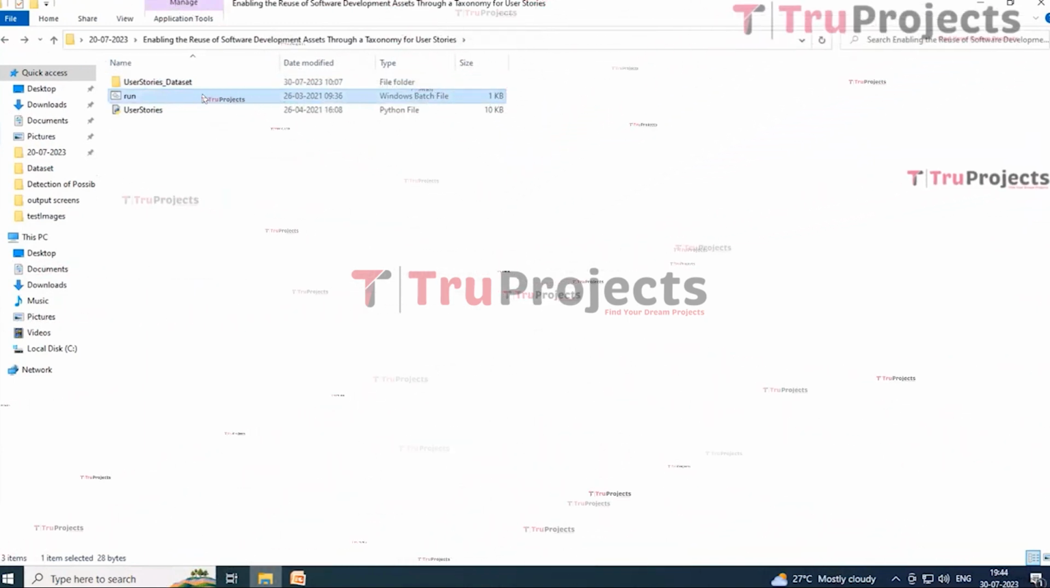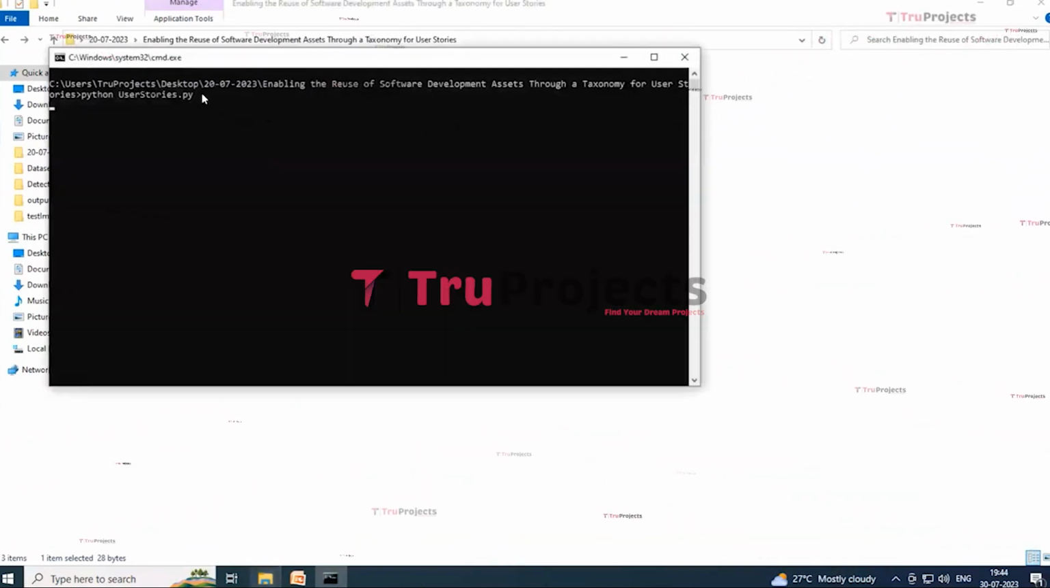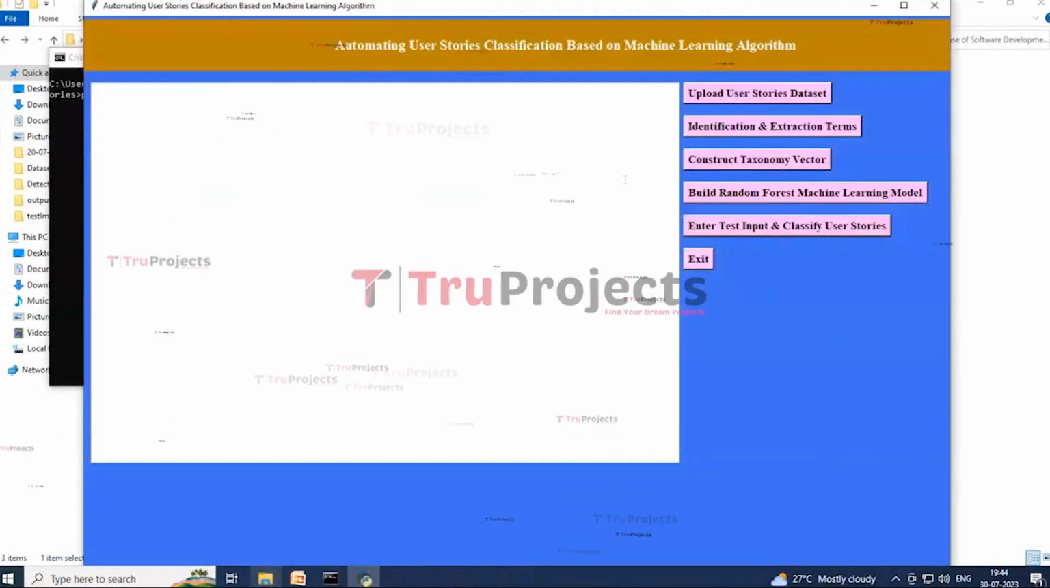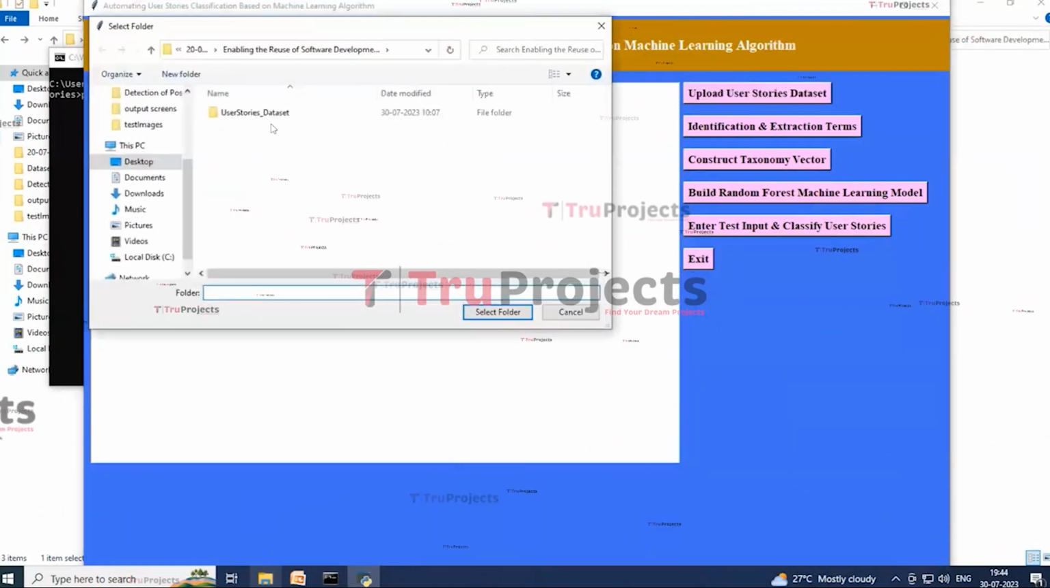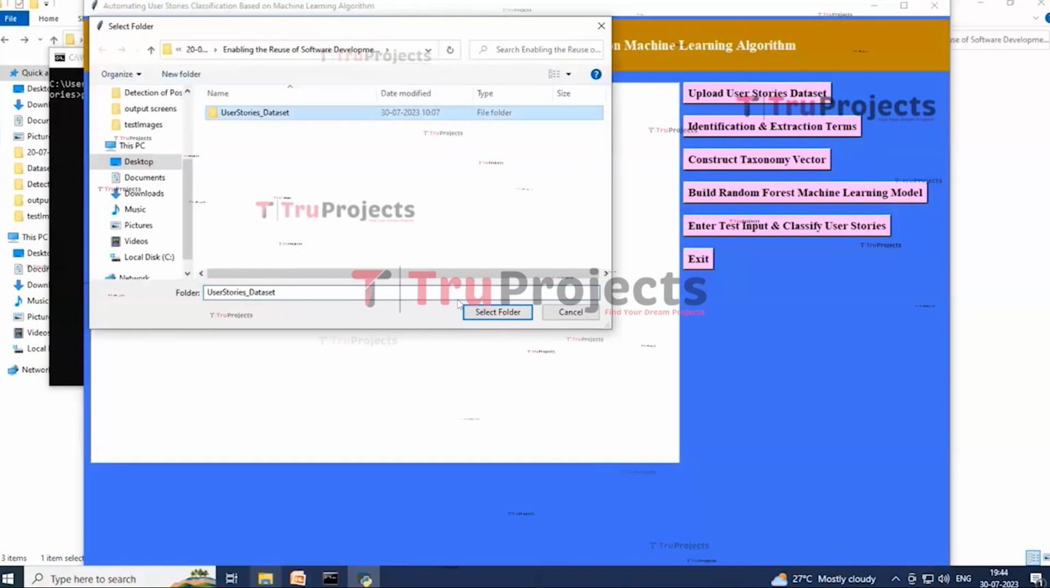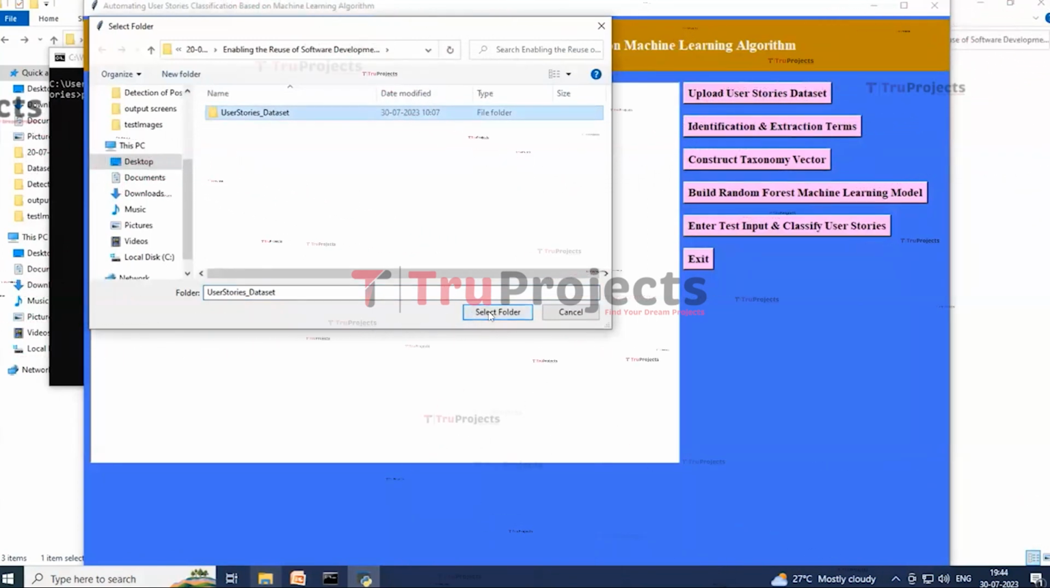Now to run the project, double click on the run.bat file to execute the project. Here this is the graphical user interface. With this we are interacting with the program. Now click on the upload user stories dataset button and upload the entire folder which contains all the software code. So here I am selecting user stories dataset and now click on the select folder button to load all code